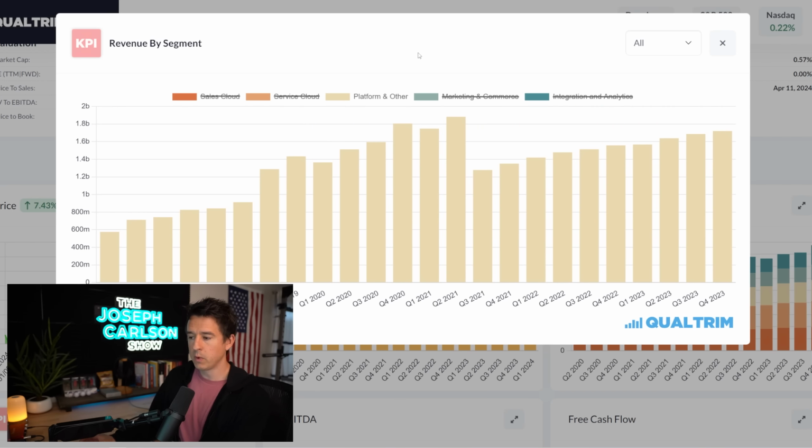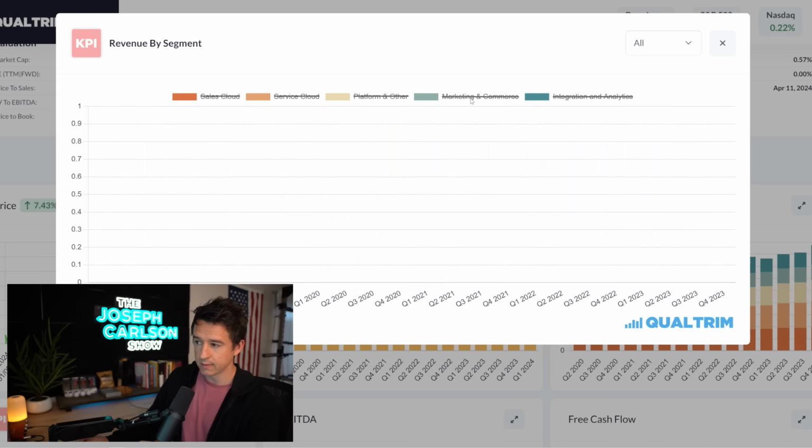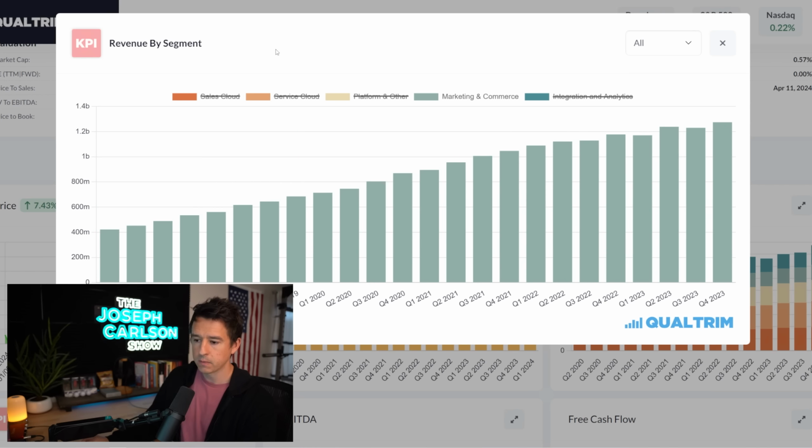They have Platform, which is tools to help developers create tools on top of Salesforce. So they have like an app store built in, similar to Apple's app store on the iPhone. Salesforce has one for salesforce.com. And developers can build tools that they sell to other businesses to help them with integrations and all sorts of different things. So Platform is like the app store version of Salesforce. Then they have marketing and e-commerce. This is a whole section of the company that builds things for marketing. Think Intuit's MailChimp.